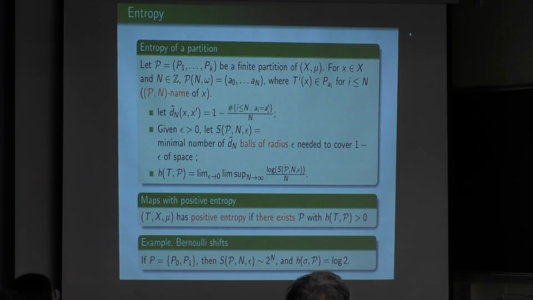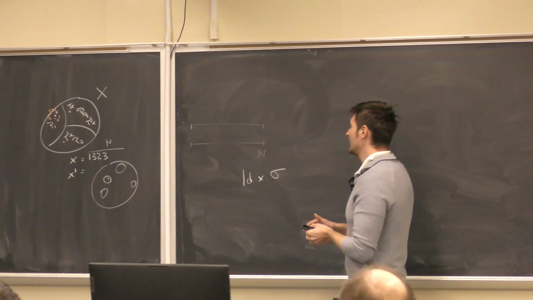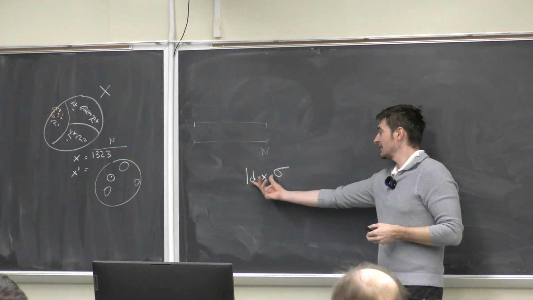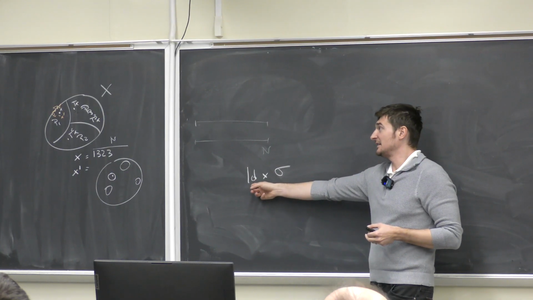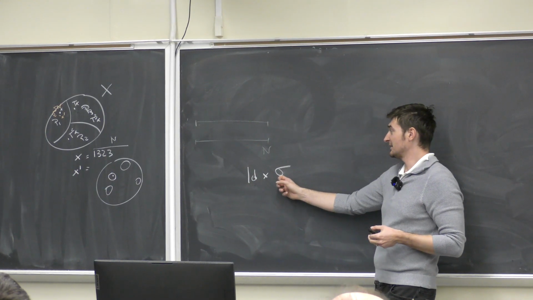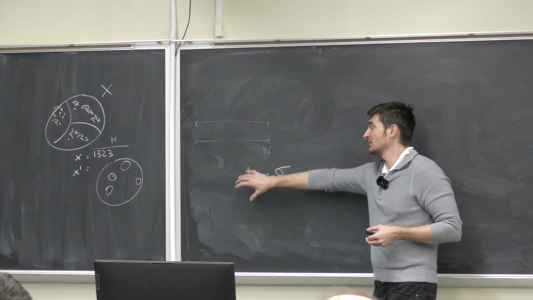Okay, the next property is very similar to entropy. It's just that Kolmogorov, I think, realized that entropy is maybe not fully the right notion. It is a central notion, but it doesn't capture the whole dynamics, in the sense that, for example, you could take a dynamical system that is just the identity times the Bernoulli shift, say. In this case, if we just take a direct product, on the product space, this part doesn't see any chaos, whereas this part does. The entropy is positive, and there is a very rigid part in your system, right? So he said